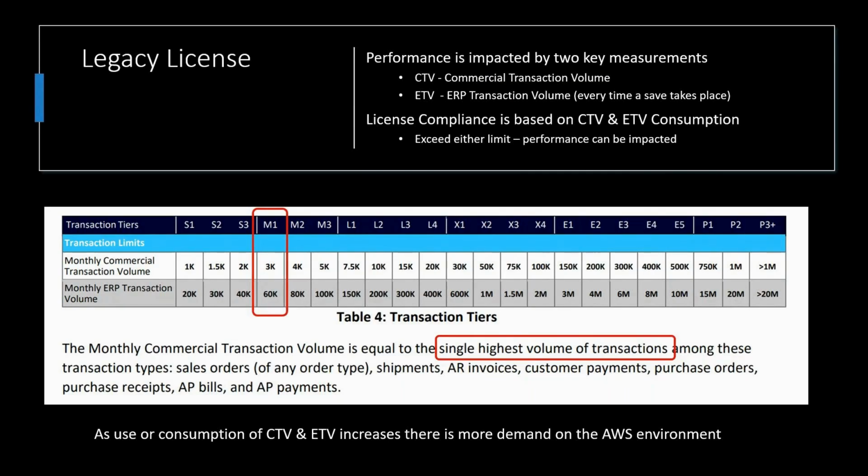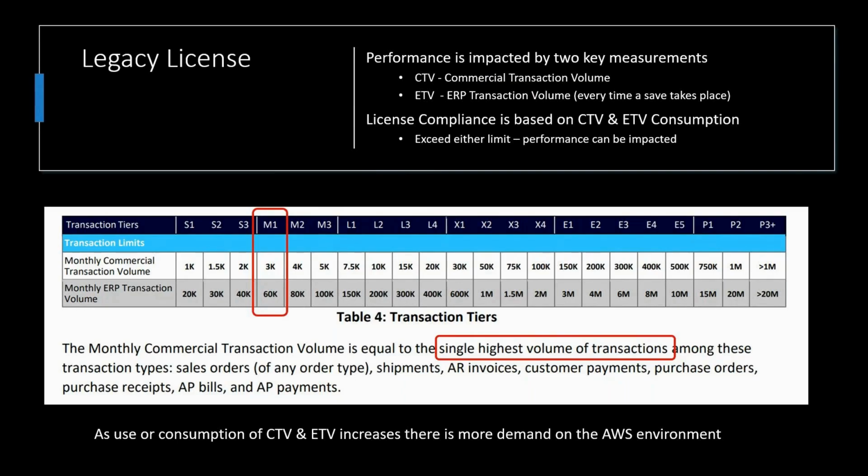They might be customer-facing documents like a sales order or an invoice. They might be vendor-facing documents like a payment or a purchase order. Those are all things that put demand on the server. If you have high volume commercial transactions, it's going to be a greater demand on the server. ERP transactions are any time within the application that a save takes place. That's important because, again, it's putting demand on the system.